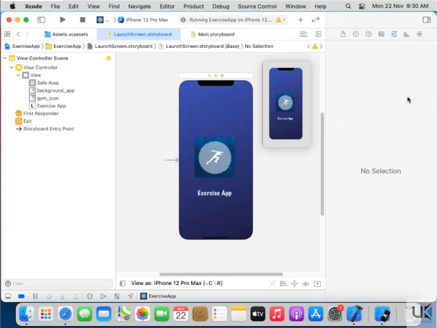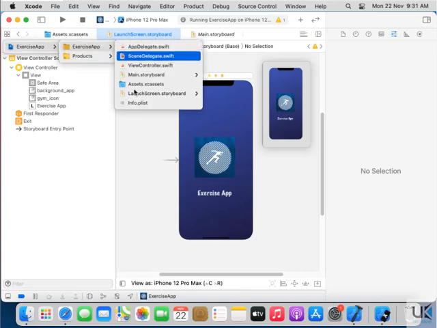So in the previous tutorial, we covered how to add app icons in the assets folder, how to create a launcher screen, and how to add an image and title. And now in this video, we will complete our application by adding an image view, a title and a button. So let's get started. First of all, I will go to the main storyboard,